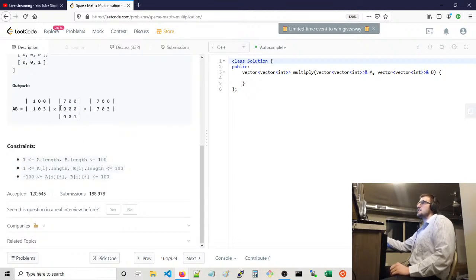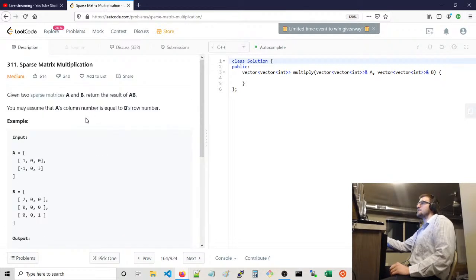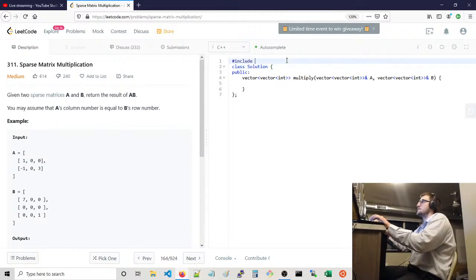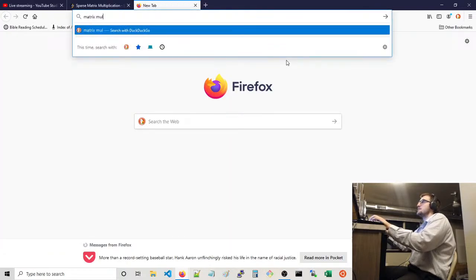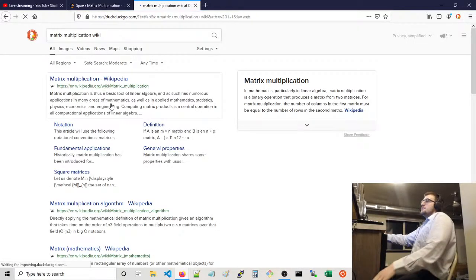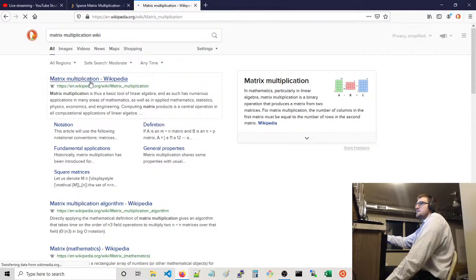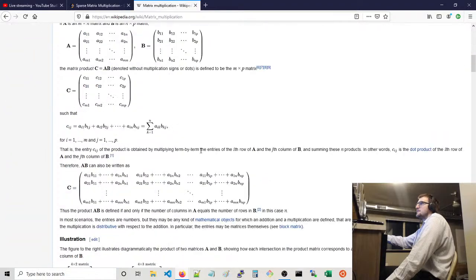It's expensive in terms of asymptotic time complexity. In fact, you could take a look at matrix multiplication on Wikipedia, and you'll find